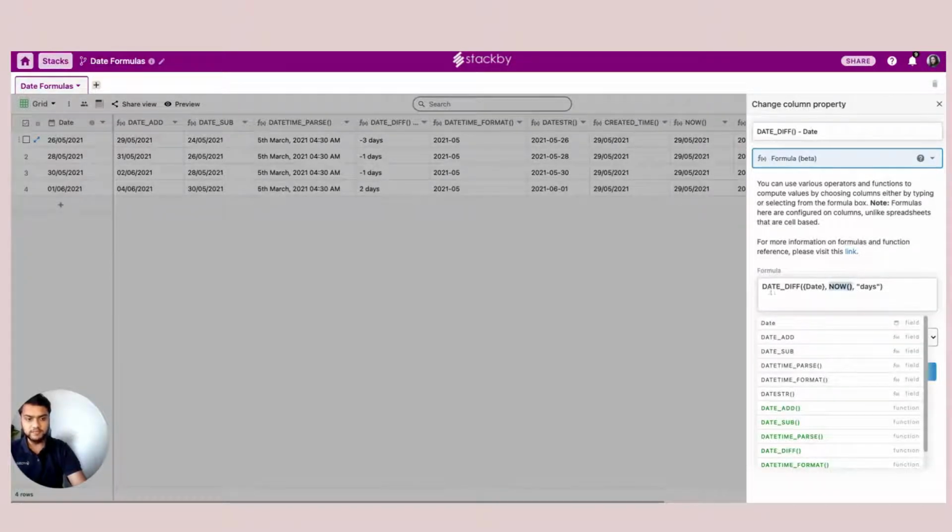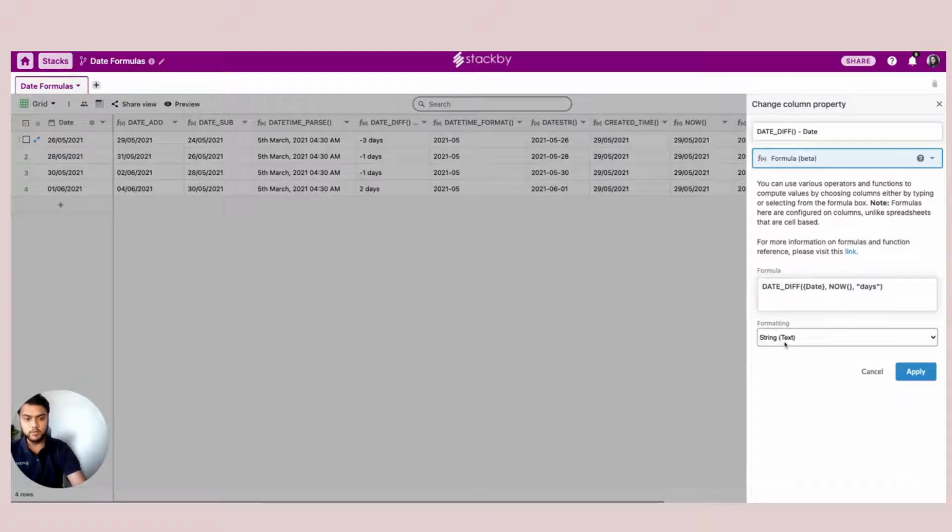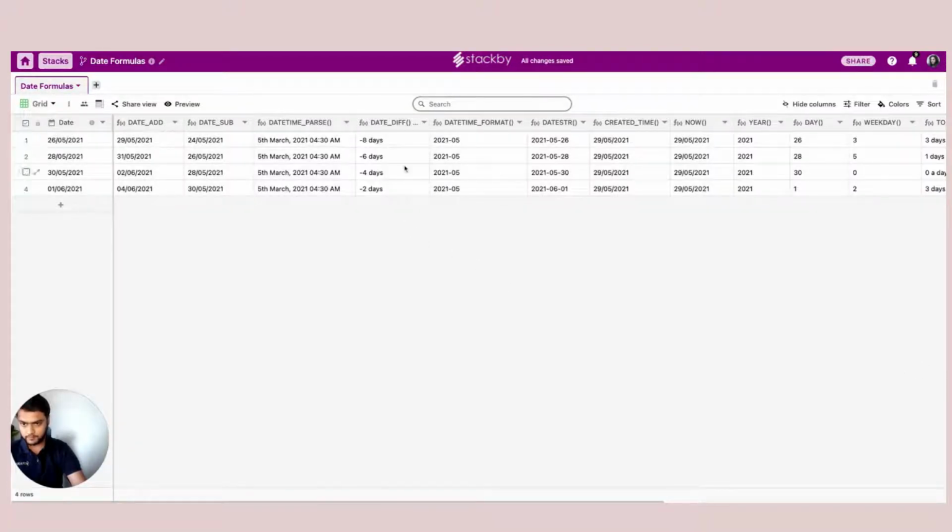The first is the date you want to start with, and the second is the end date, which right now is the now function, and you want to show it in number of days. Use this as a string format and just apply. It calculates that information. For example, if I now add any other date, it calculates everything based on the formulas that we just had.